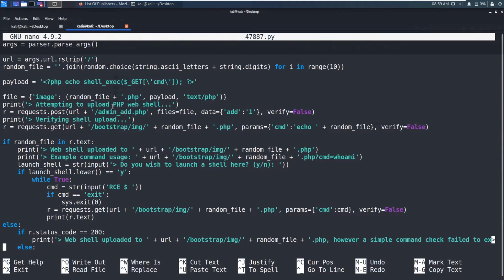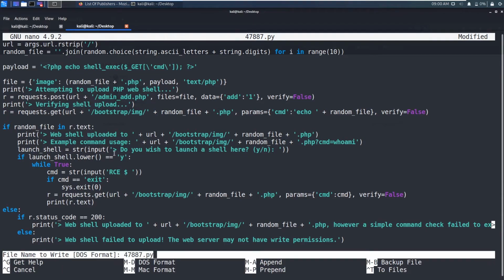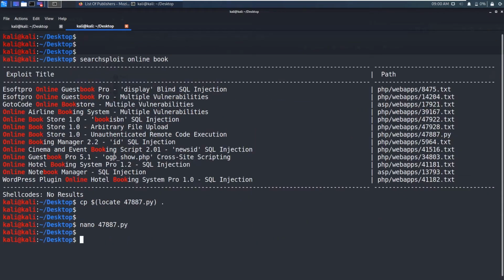So it is attempting to upload the PHP web shell, and we are posting that web shell and going to it. Then the reverse shell script which we have placed in the command parameter value will be loaded. So that's the brief theory about this exploit.